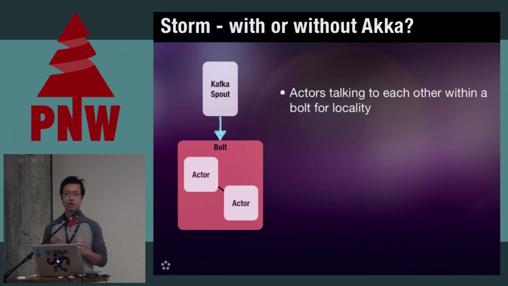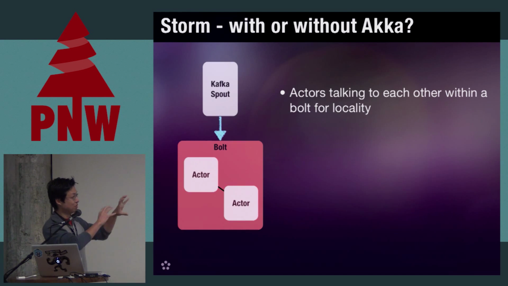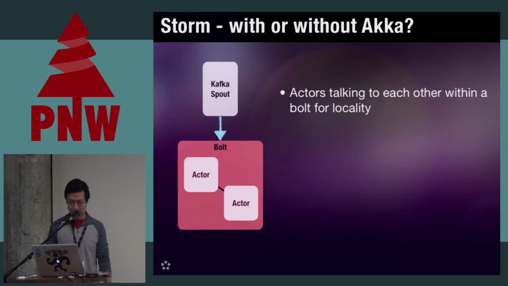But in Storm, you have what are called bolts. Bolts are individual processing units, and they can be scheduled anywhere. You just tell Storm what it does, and it figures out where to go and how to tie them together. Here's the problem, though: bolts can live on different nodes, and they might die or get restarted independently. For part of the pipeline, we didn't actually want that. We wanted a whole bunch of concurrent components to start up together. So we decided to use several Akka actors within a bolt that talk to each other. So, kind of just an interesting use of Akka.